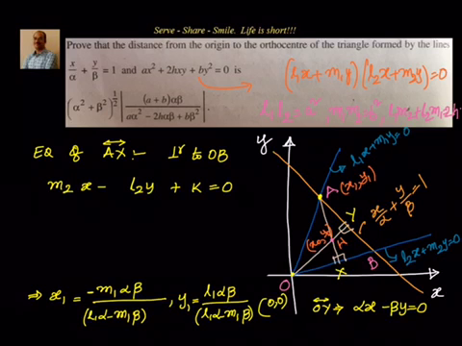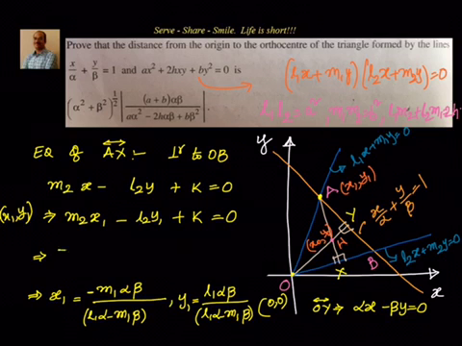Now we know that x1 comma y1 satisfies it. So I can write down x1 comma y1 is a point on this. So I can write down m2x1 minus L2y1 plus k is equal to 0. Now we'll substitute whatever the values we got for x1 earlier and y1. We'll substitute that and we'll see what happens. We get